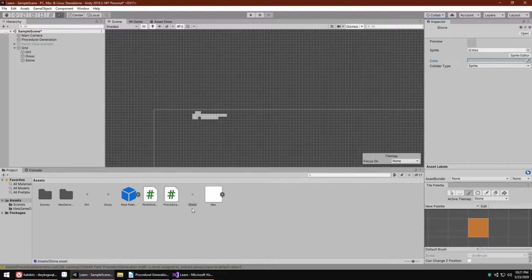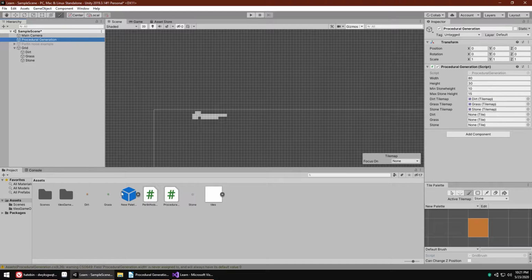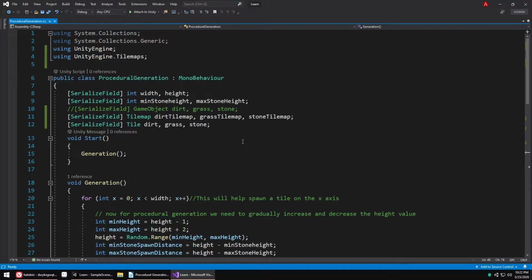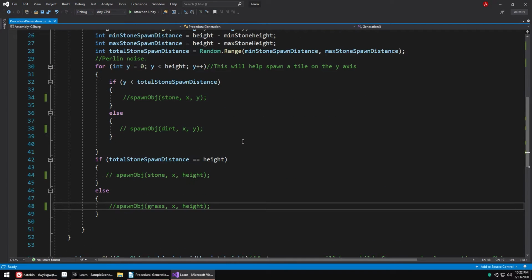Okay, and I changed this to a stone looking color. So let's just drag and drop it here now. So dirt on dirt, grass on grass, and stone on stone. Now here what we will do is, instead of these lines of code, what we are going to write